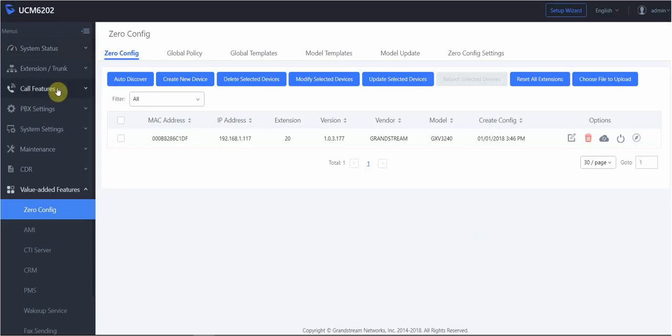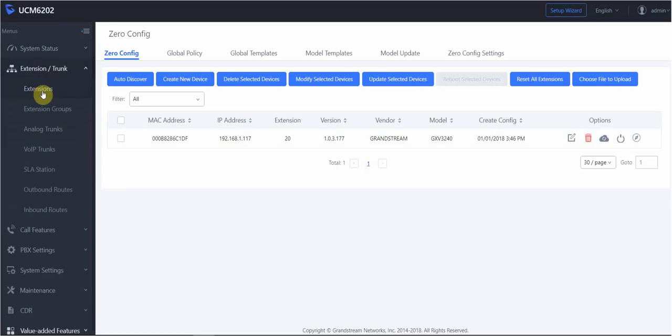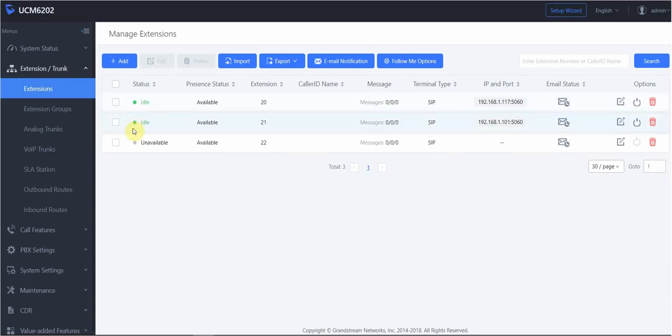So if I go to extensions, here I see 2 of them in green, which is 20 and 21, which is the only 2 phones I have with their IP addresses. So now basically the system is ready to work. I'm going to go over creating an IVR or a ring group or stuff like that, but basically the system now is working. So if I dial the number associated with that trunk,